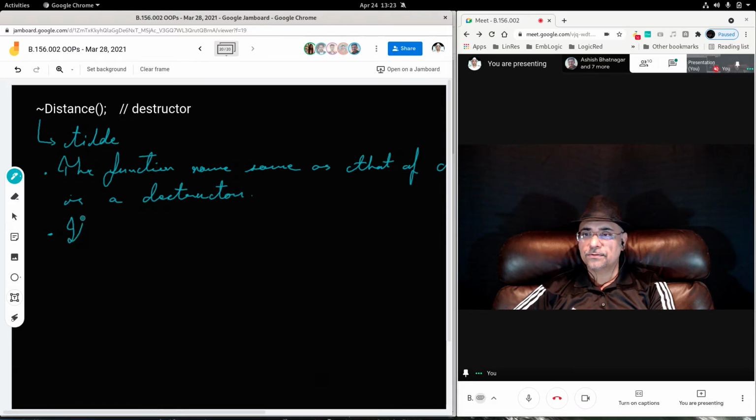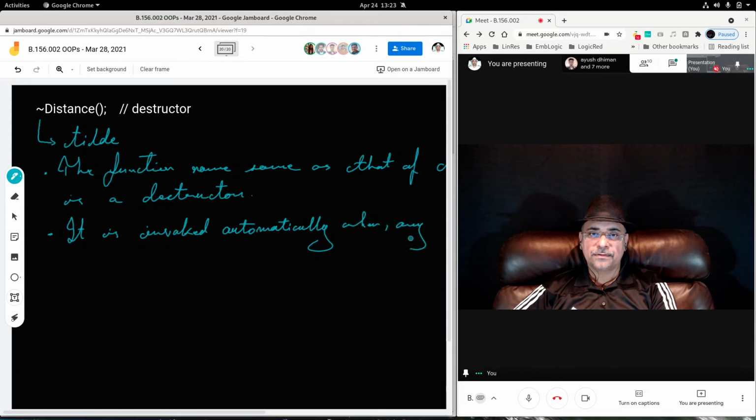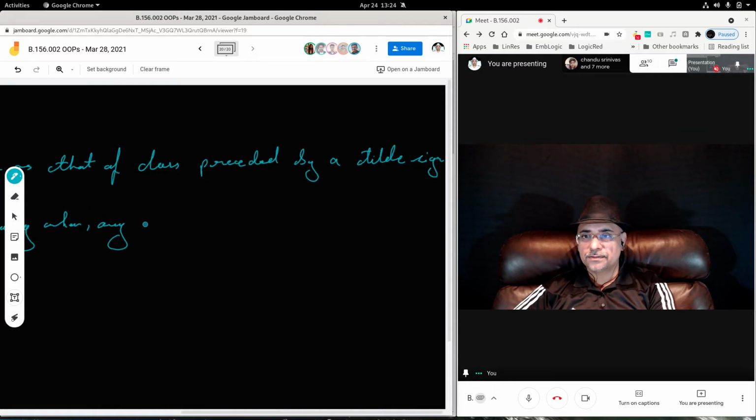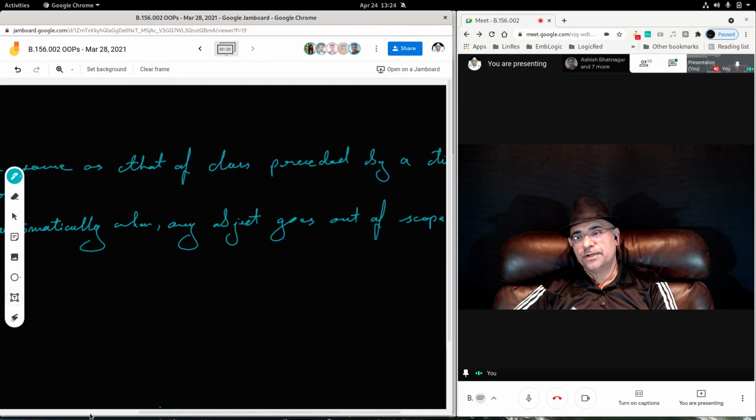It is invoked automatically when any object goes out of scope or is destroyed.